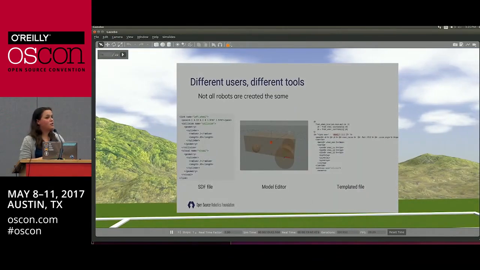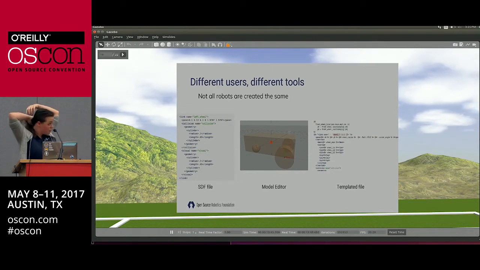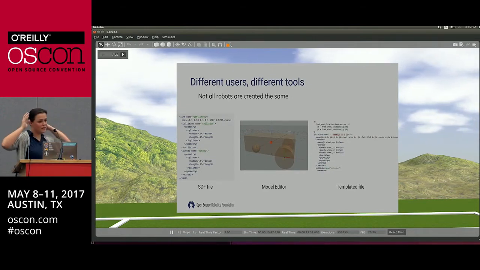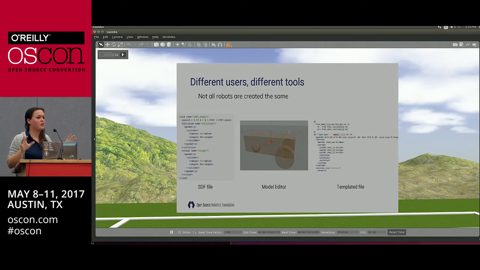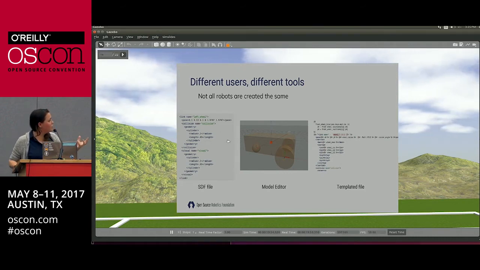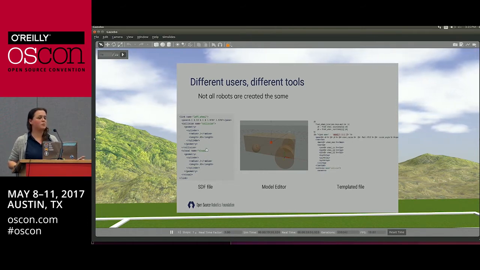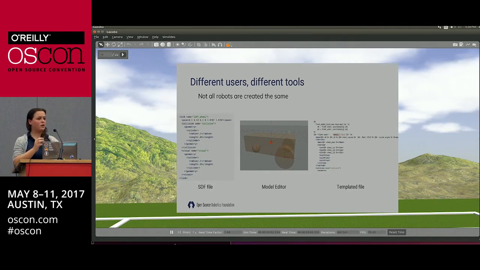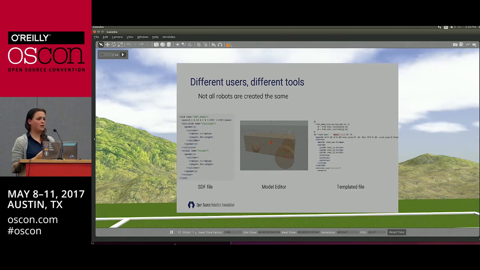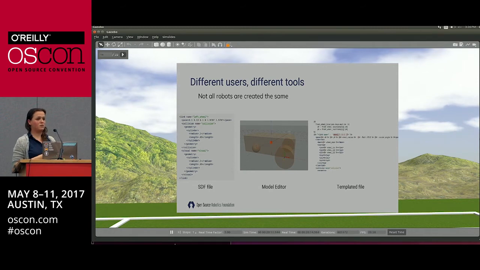Another thing is giving users different tools. In the beginning of time, this is in chronological order from left to right, this is how you had to describe your robots in Gazebo. You had to write an XML file and tweak all the parameters and then drag that model into the simulation. So there was some back and forth with this text format, and this was the standard procedure until